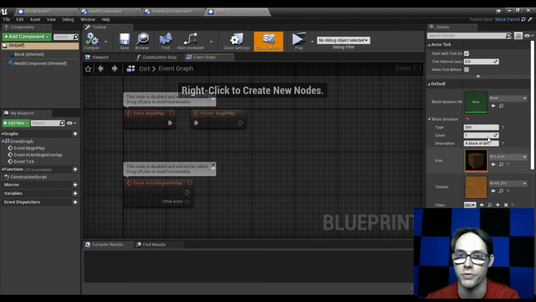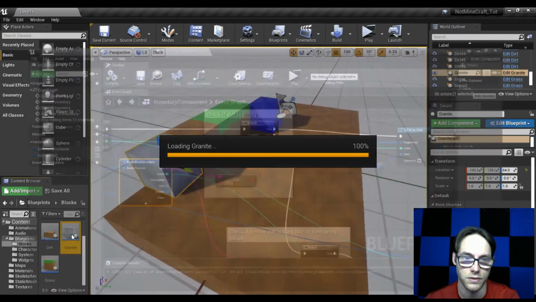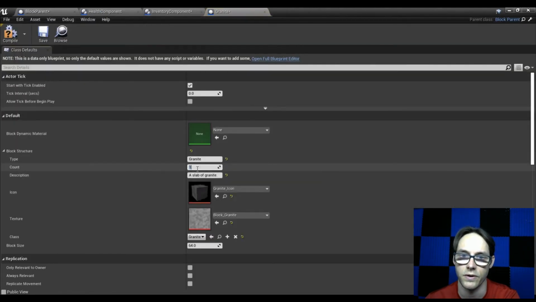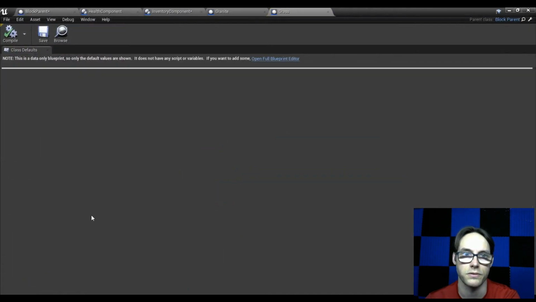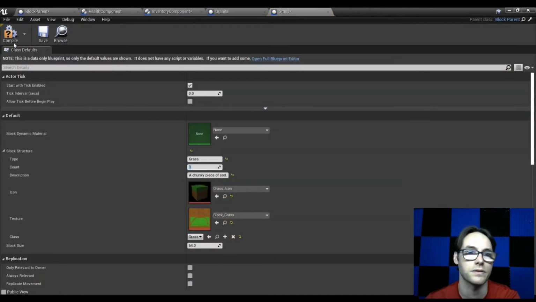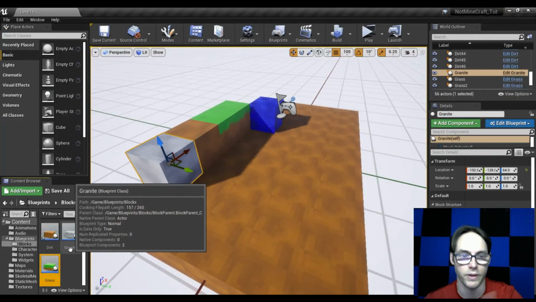If it bugs you, you can open full blueprint so you can have access to it. And then let's get the other one. Default is 1. Compile, and then the grass. Default is 1. Compile. And since we changed the structure, the next time we create a new one, so if